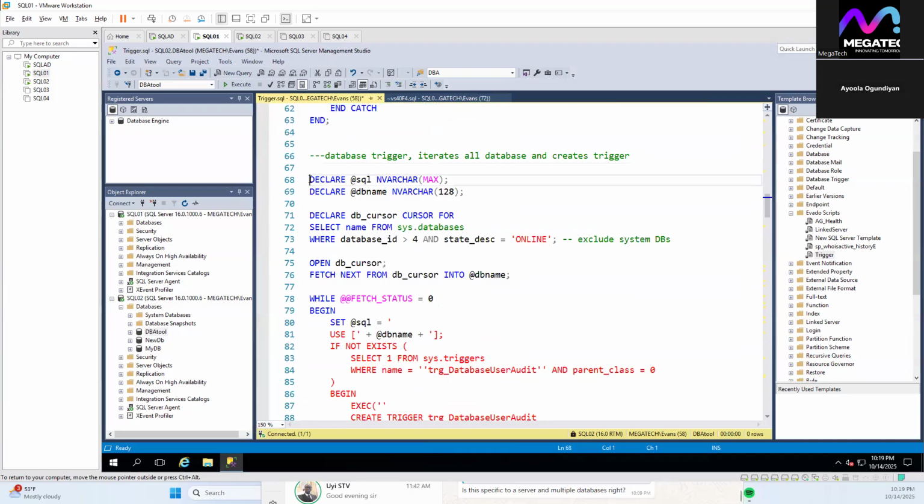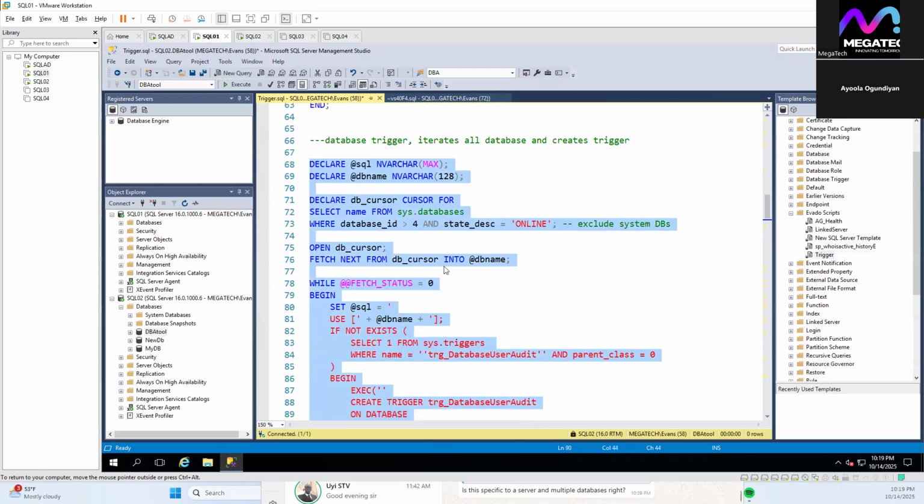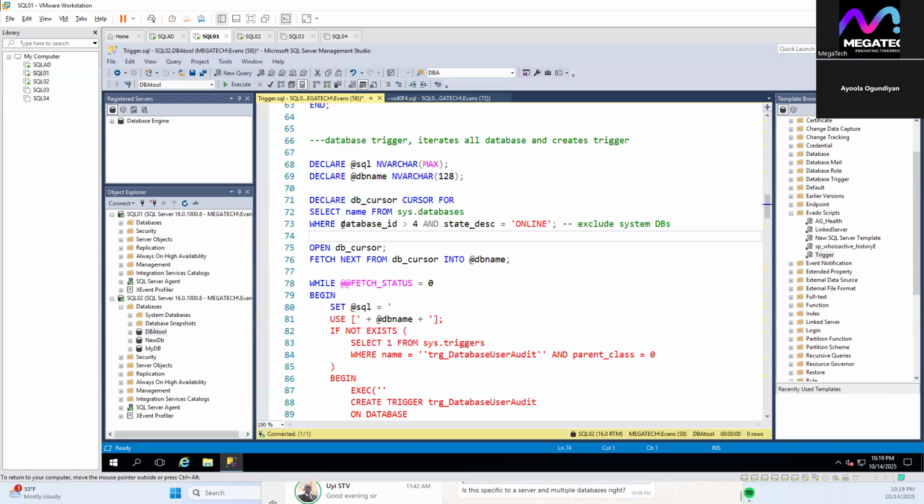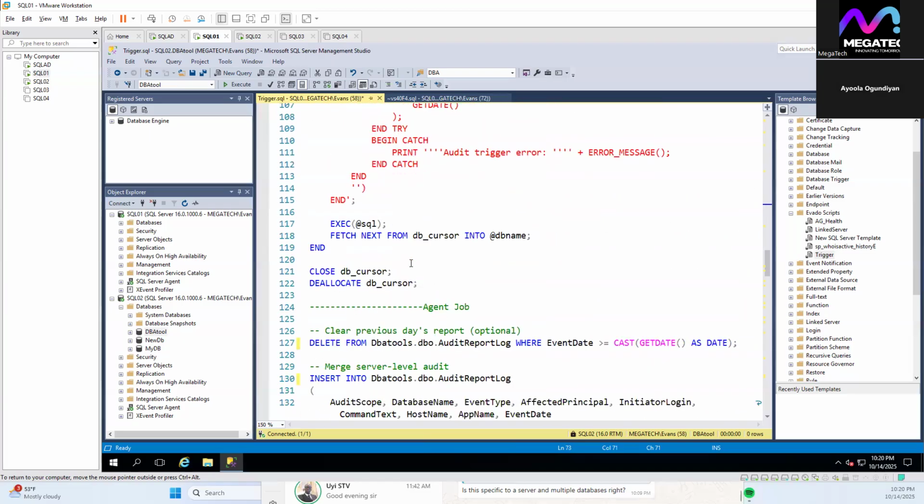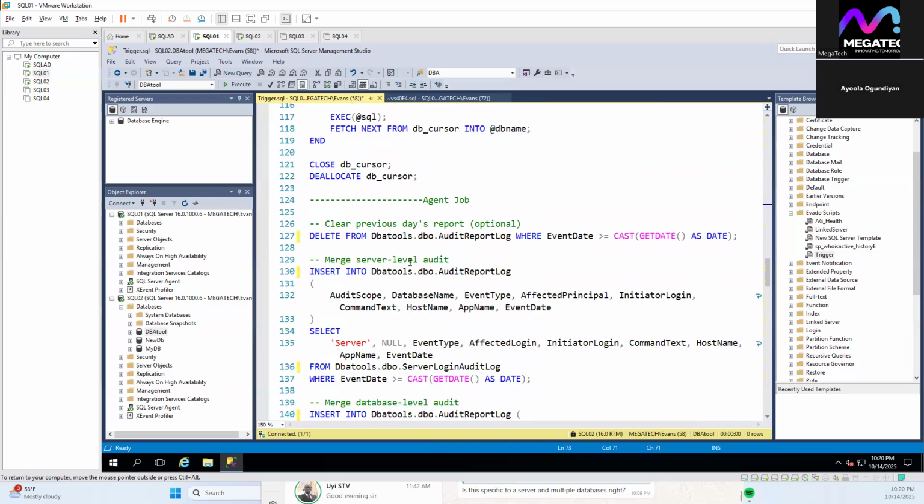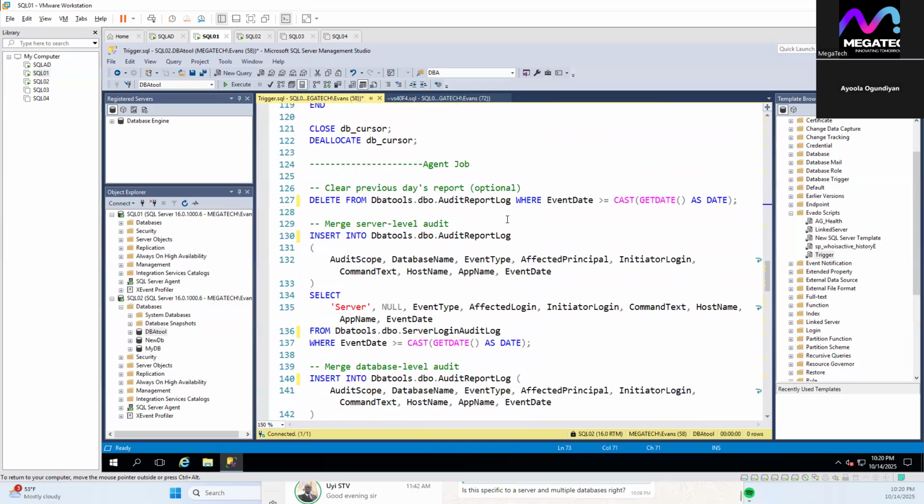So on the database level, this cursor would iterate through all the databases that are not your system databases and that are online. It will go through each of them and enable the trigger. All right. And then we're going to have a job that will create